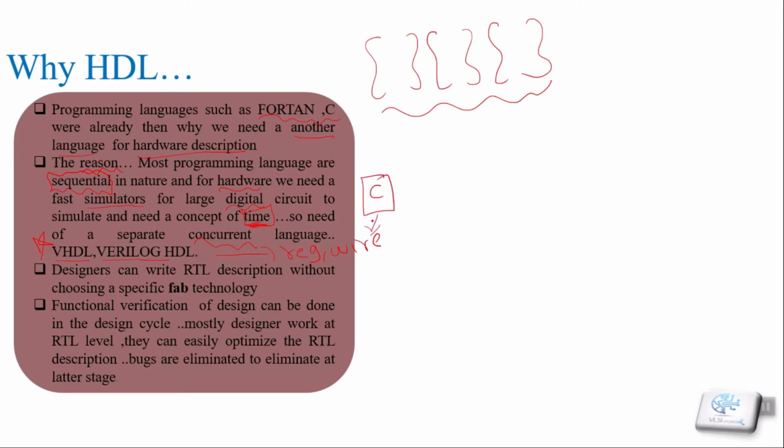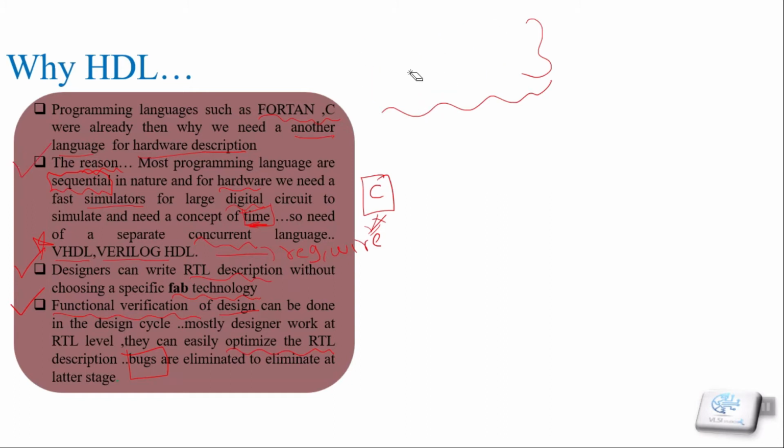Designers can write RTL code without knowing about the library, like on which technology node we have to fabricate it. This enhances the popularity of the hardware description language. Hardware description languages are also used for verification of our design at the functionality level. So if some error happens, the designer can go through it and easily optimize it. All these features will come when we know more in depth about the hardware language in our upcoming lectures.